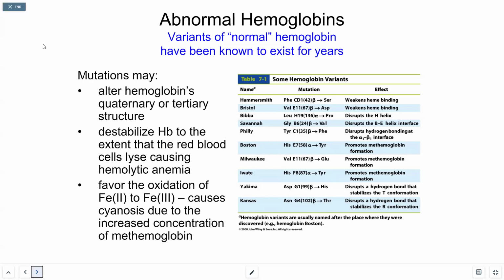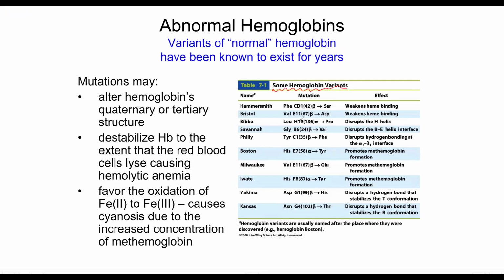Now, here's a whole host of the less common or less well known hemoglobin variants. One of the things I want you to notice about all of these is they're all named after locations. For many of those locations, it's just a matter of this being where the mutation occurred, or where it was first identified or discovered. But I want to highlight the effects, because the first time I ever heard about a hemoglobin mutation,